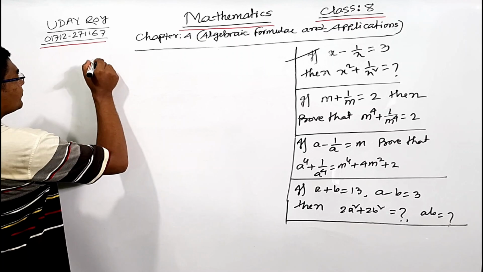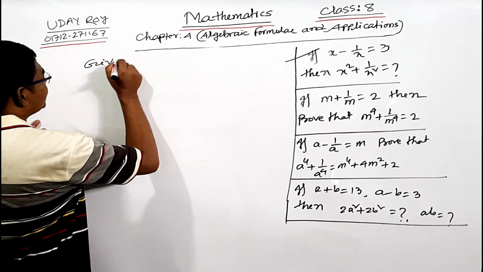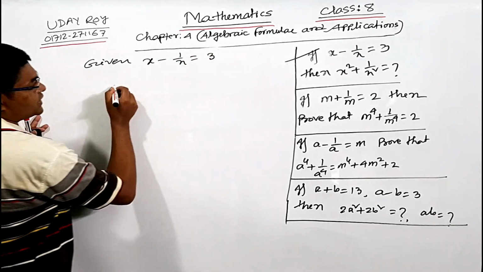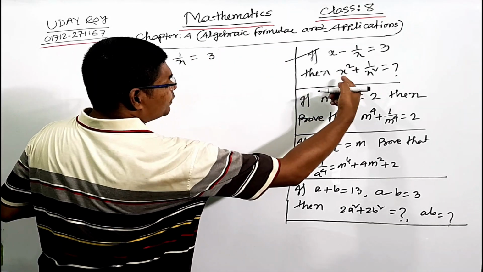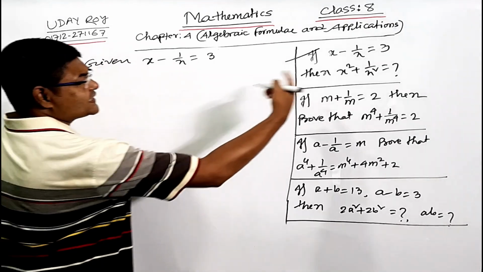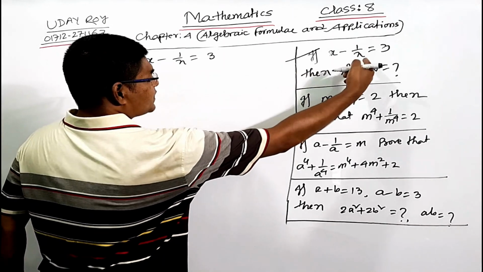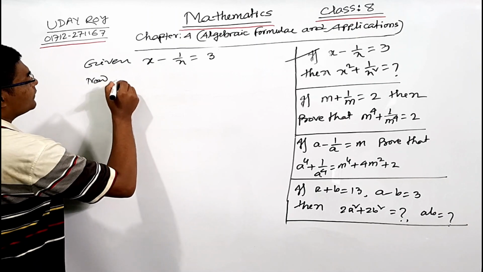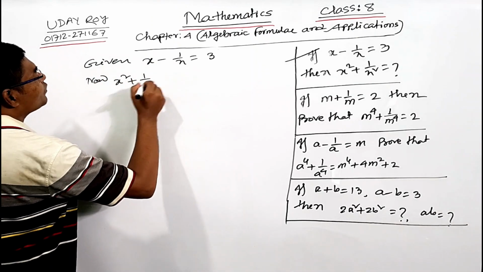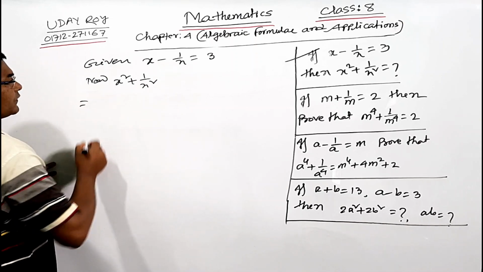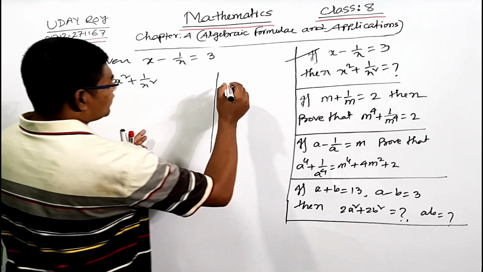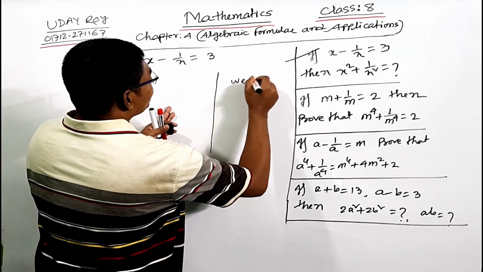Here is given, you have to write given x minus 1 by x equal to 3. This is not show that or prove that. This is determine or find the value, x square plus 1 by x square. So you have to write now x square plus 1 by x square. So if you forgot, please follow the corollary. We know